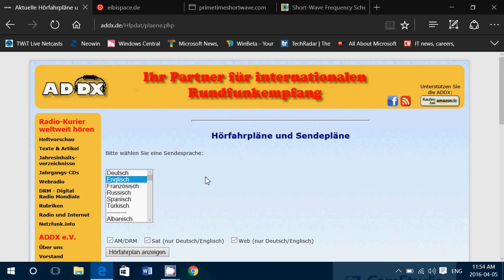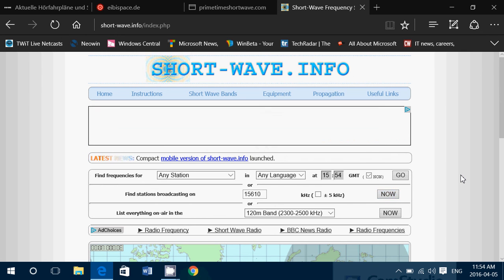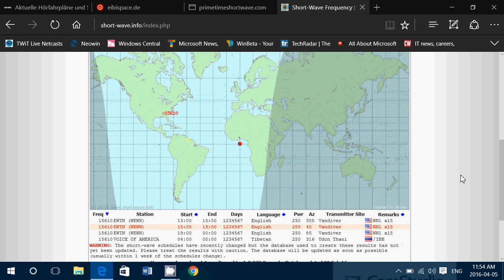And finally, if you use technology all the time and you want to check out transmissions, shortwave.info I think is a good website to go to. And this basically will give you the possibility to search frequencies for different stations, or by what's broadcasting on a station. So you can say, okay, I'm listening to something right now on 15610. Let's check now what is transmitting on that frequency right now, and you have a list that comes out of what station it is. In this case is WEWN from United States. It gives you